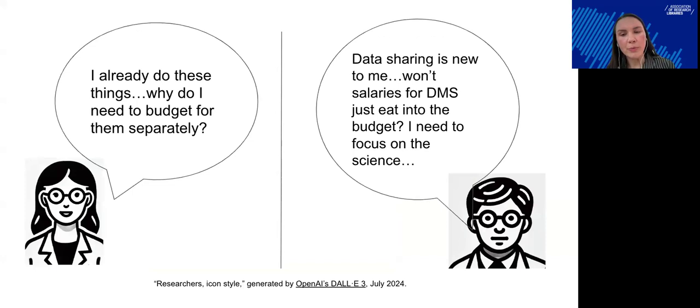From our interviews with researchers, both in our first phase and our current phase, we typically have come across 2 themes that we believe are driving the $0 budget. First, for some, they may have been taught to incorporate DMS into their scientific practice, or have already modified their practice to include good data management and sharing behavior. They see data sharing as part of their routine research and may have difficulty extrapolating what can and should be budgeted for versus what is routine for them.